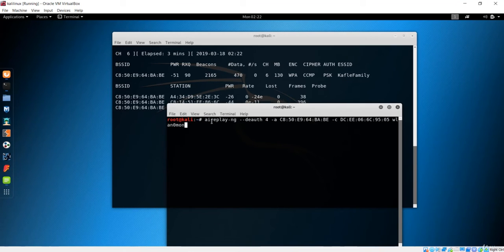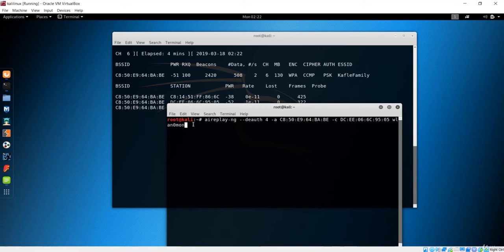So you first use this aireplay-ng, and this is a very powerful tool, because we have to crack the handshake from the word list using this same application, aireplay-ng. And aireplay-ng has this argument, which is de-auth, with some time, that is 4 seconds. We have just given 4 seconds, and after 4 seconds the client will try to reconnect, and in that case we'll capture that handshake.